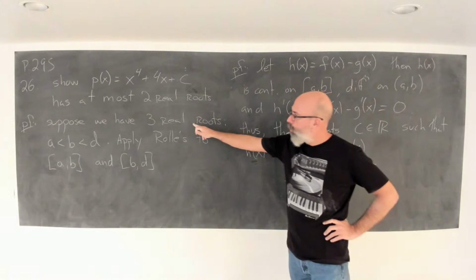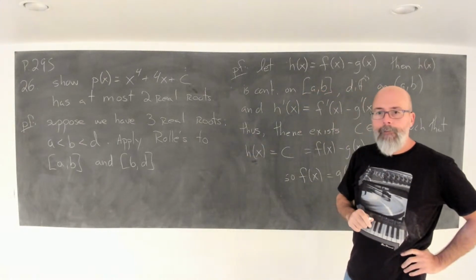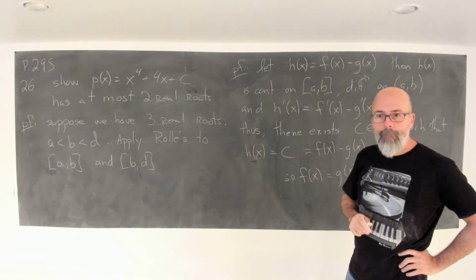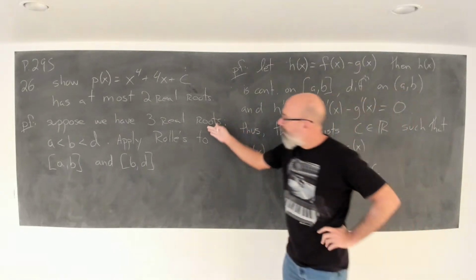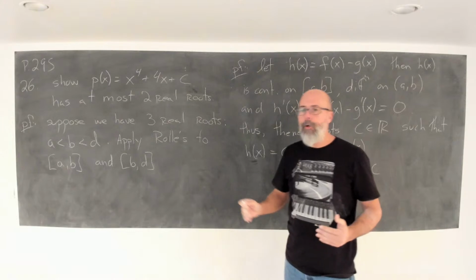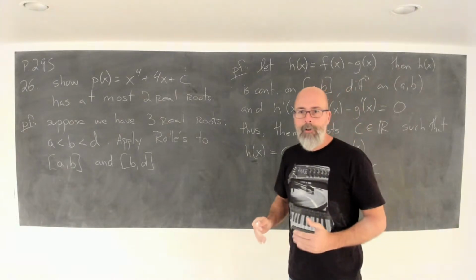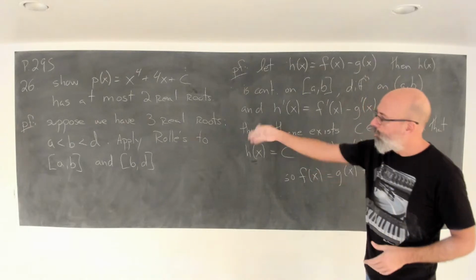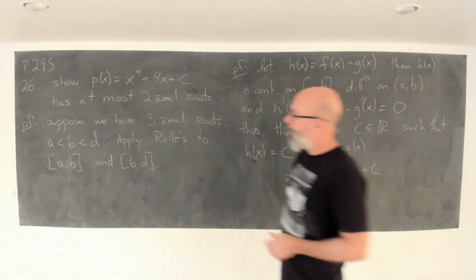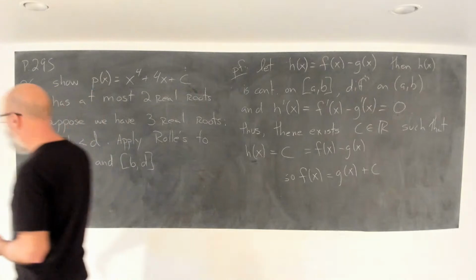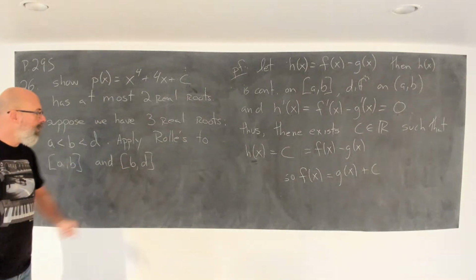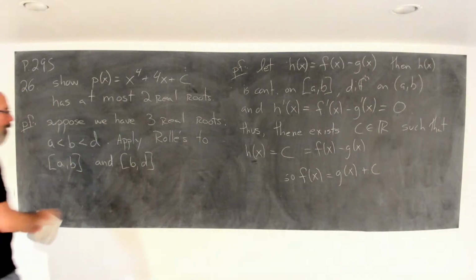But let's show that we don't get 3. And of course, if you don't have 3, then you don't have more than 3, right? Because if you had 4, then you would have had at least 3, and you could repeat this argument on those 3. So we're going to apply Rolle's theorem twice to the interval AB and to the interval BD, where